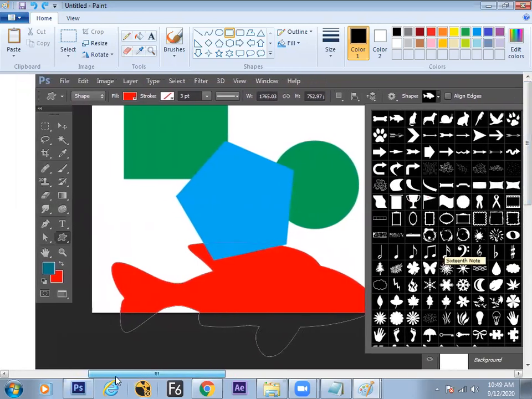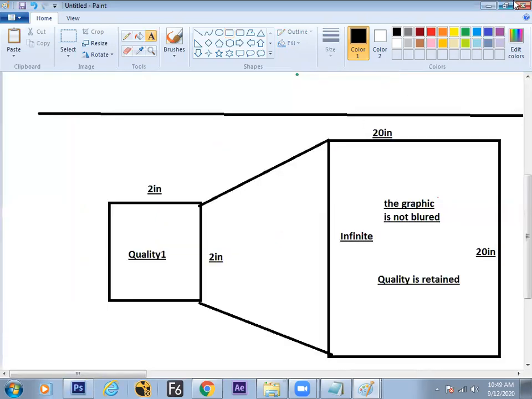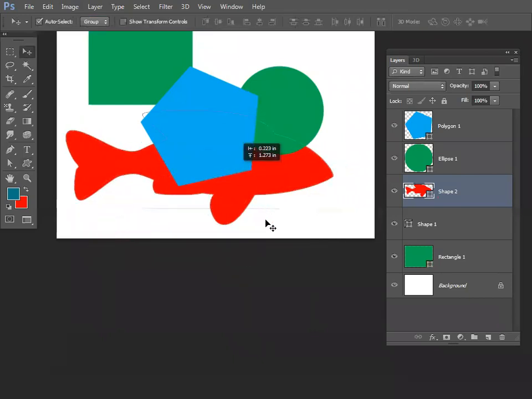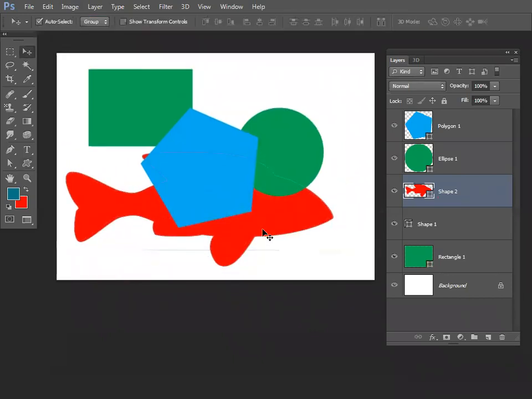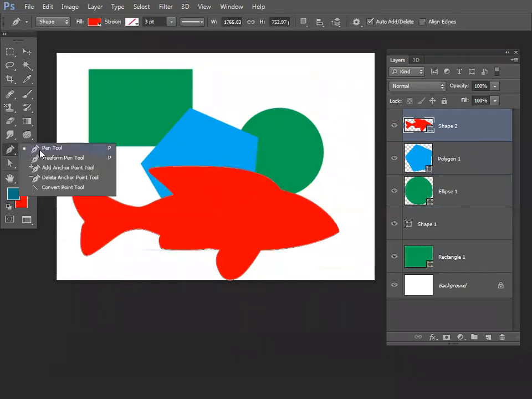There is some cheating we can do. Combining a gradient means we are again combining with the raster. Vector graphics by default are limited to one single color. Remember that. Okay. With the pen tool, we can draw free images. Pen tool, we can create any shape, our own shapes.